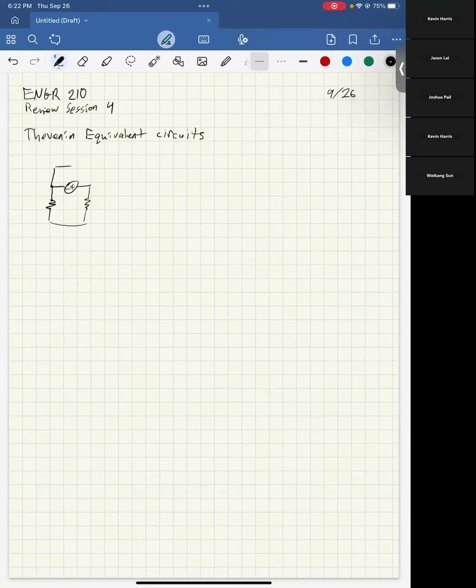Let's say over here we have a dependent current source or something, and then another resistor. Down here we have another current source, yada yada. It's very complicated. But then we have these terminals A and B, and we want to say, okay, if I